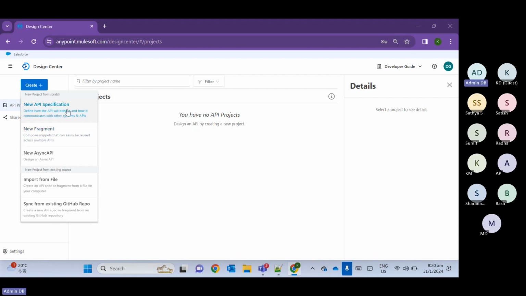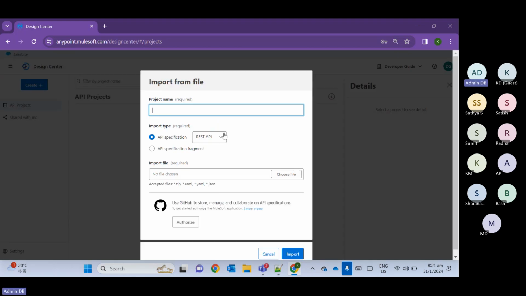Okay. So this part, I think we are good. Import file, let me show you. I have an already existing YAML file. So when you click on that,